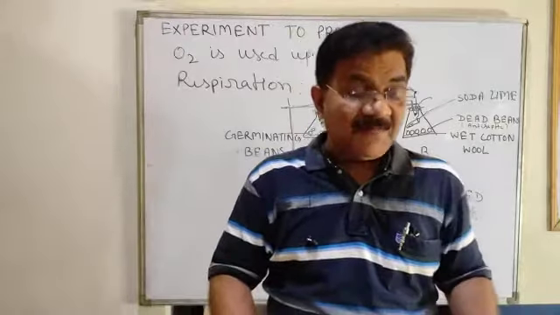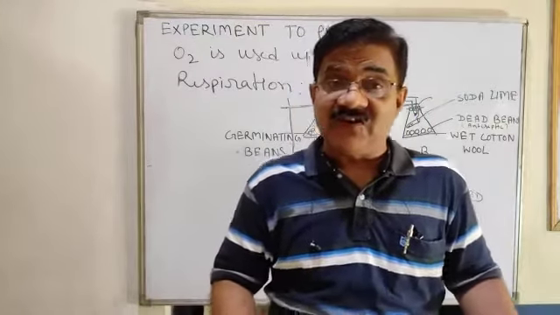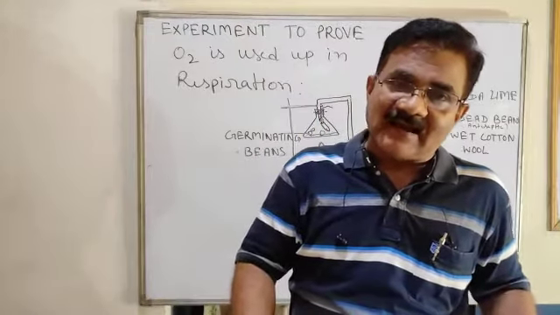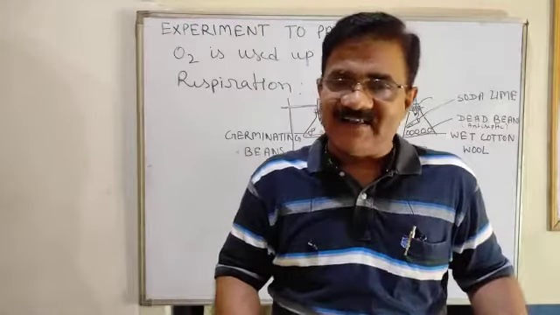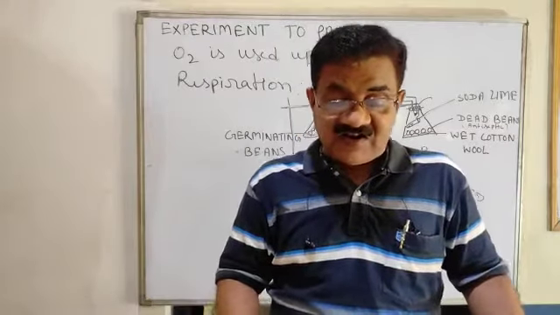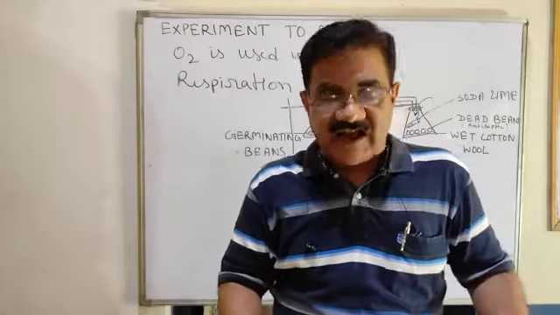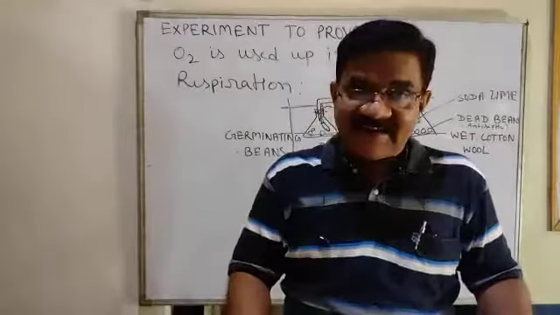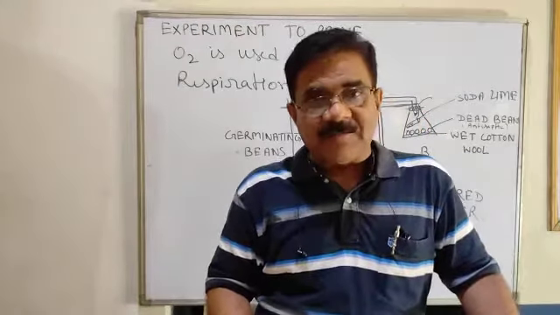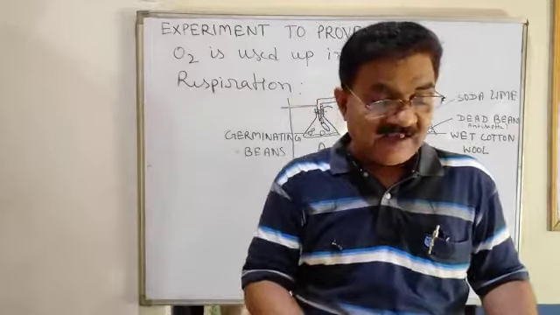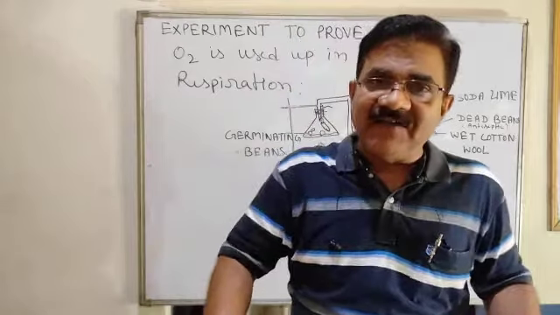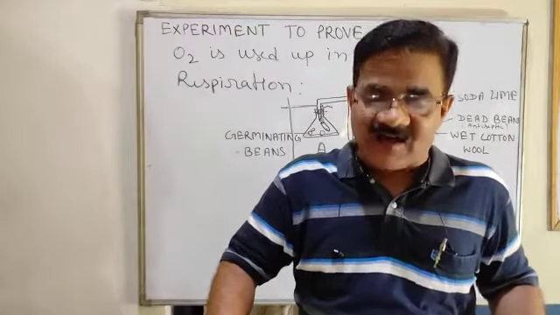Dear children, before that we discussed what is respiration, what is anabolic respiration, what is catabolism, what is anabolism, what is metabolism. We have discussed the difference between respiration and combustion, respiration and breathing, and ATP, glycolysis, Krebs cycle, which part of the plant respires, and about aerobic and anaerobic respiration. We discussed the difference between aerobic and anaerobic respiration.